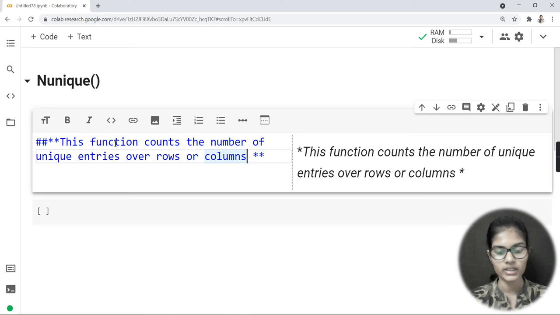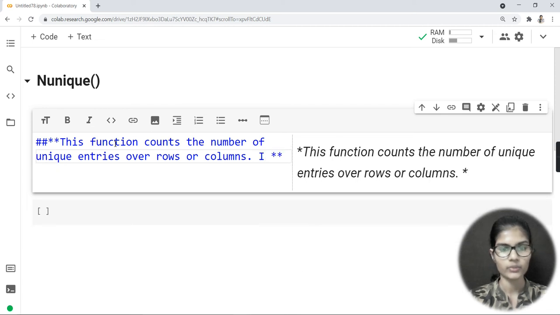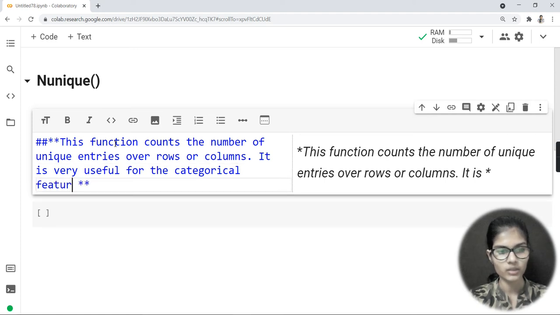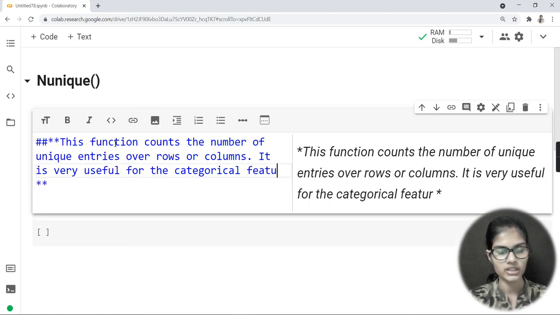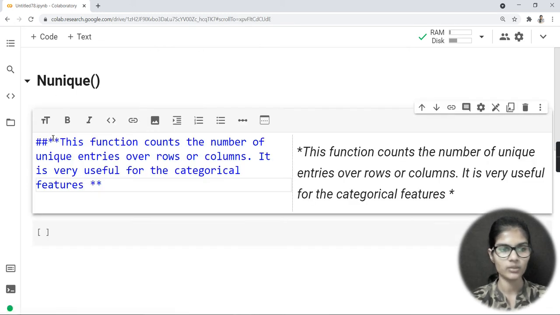Now, there's one more use of it. I would go back once again, and here only I would include that it is very useful for the categorical features. Categorical features, okay. So categorical features are the features that basically have